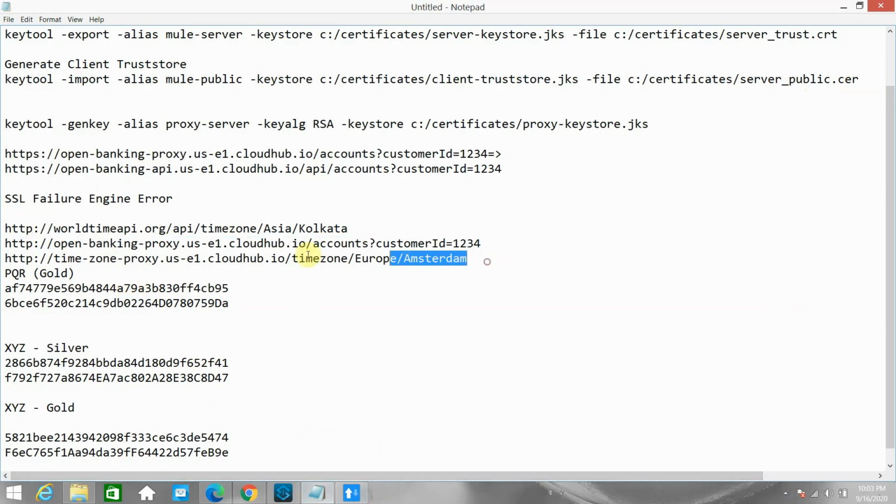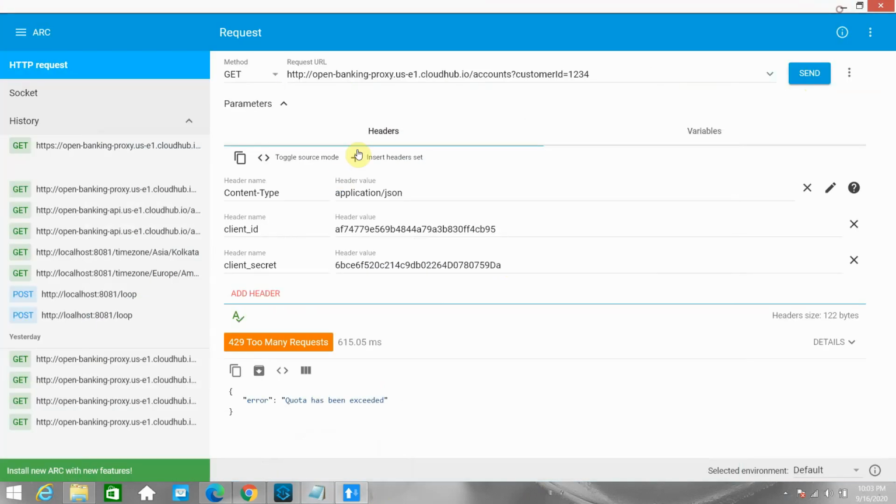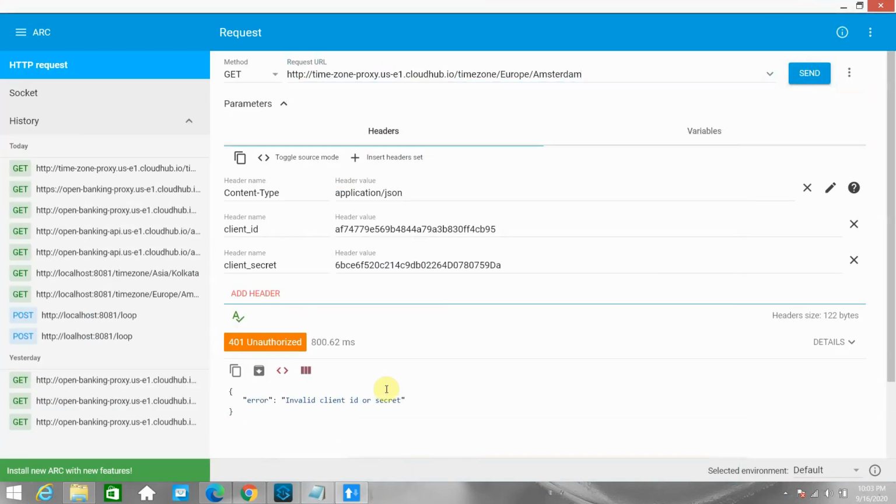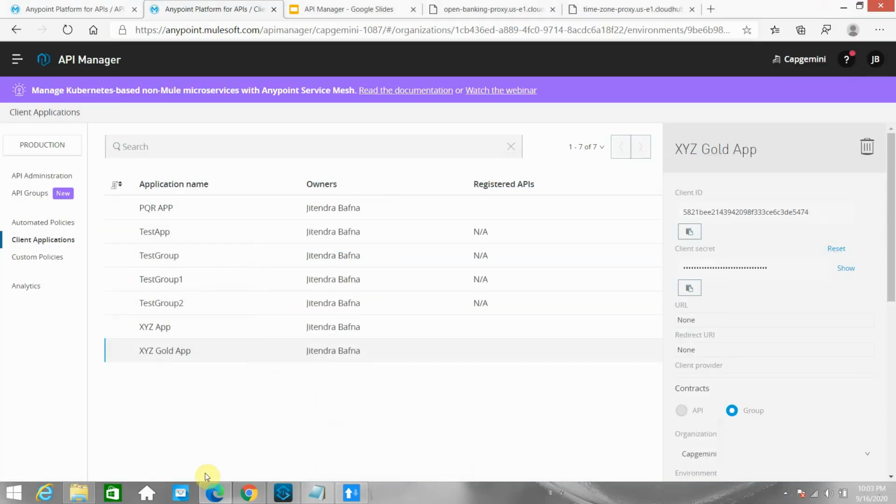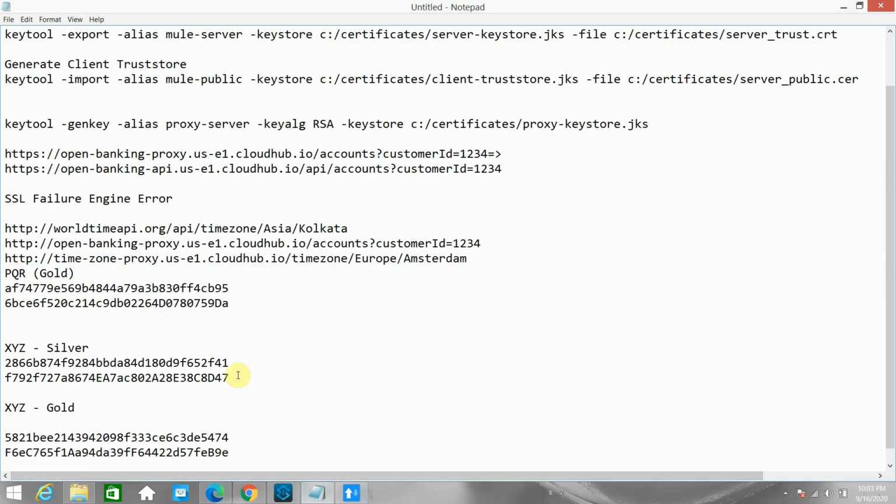Let me try with this Amsterdam one and see whether it will be allowed. Okay, invalid client, because this is not allowed, basically. We got 401 unauthorized. For that particular group, we cannot access this URL. Let me try with the silver one.